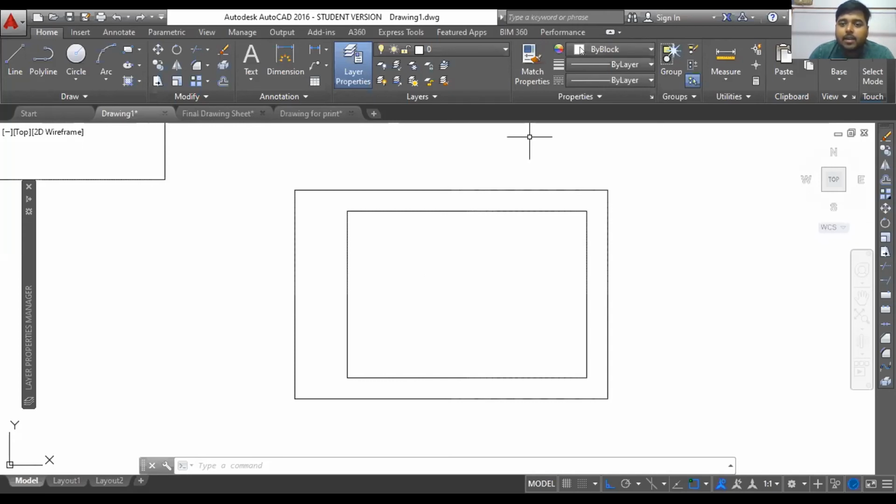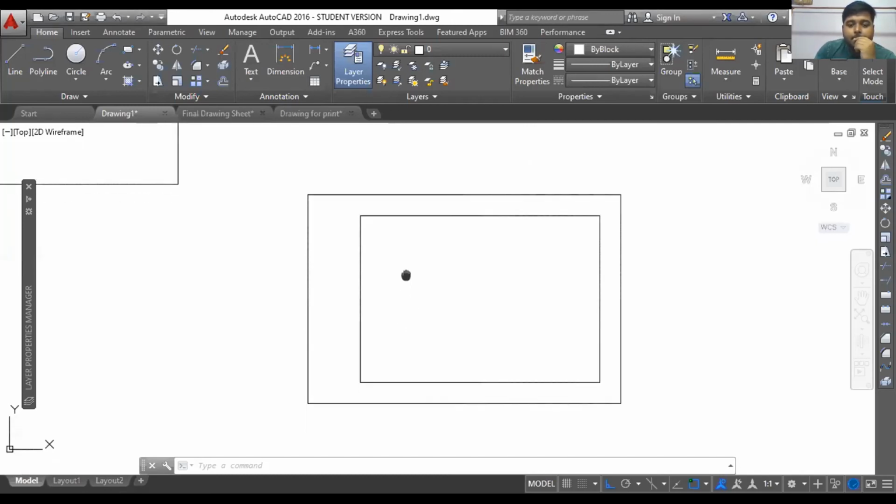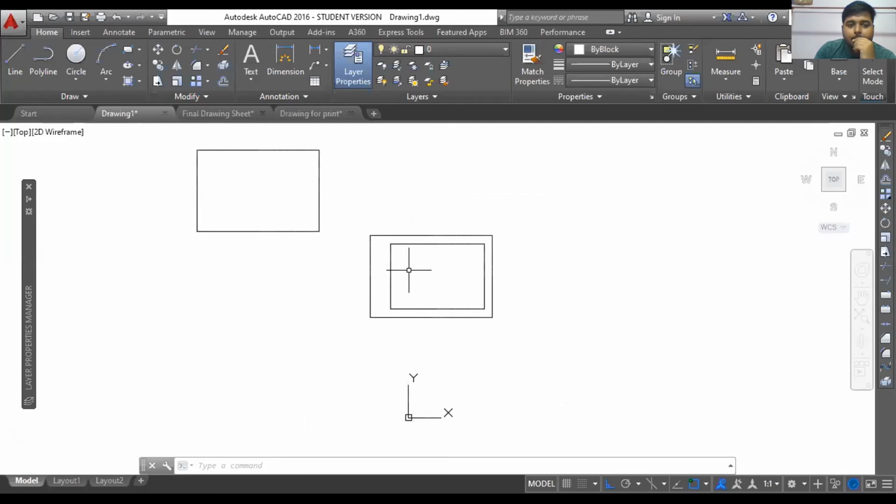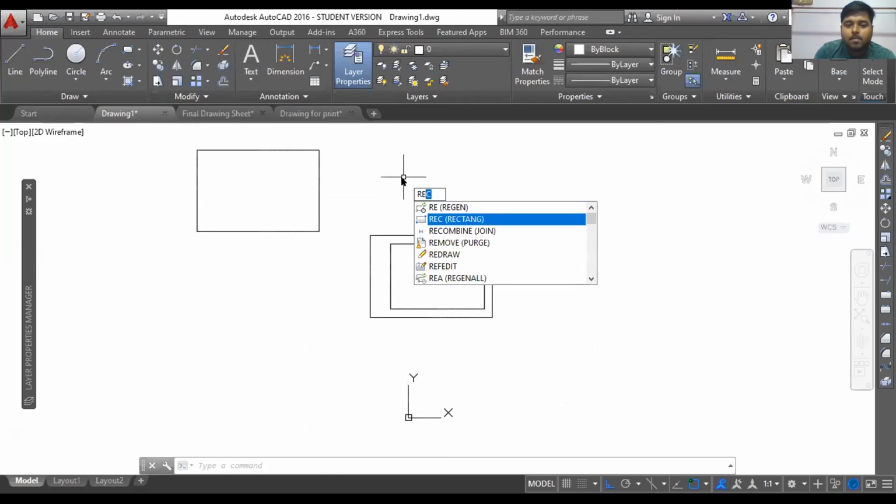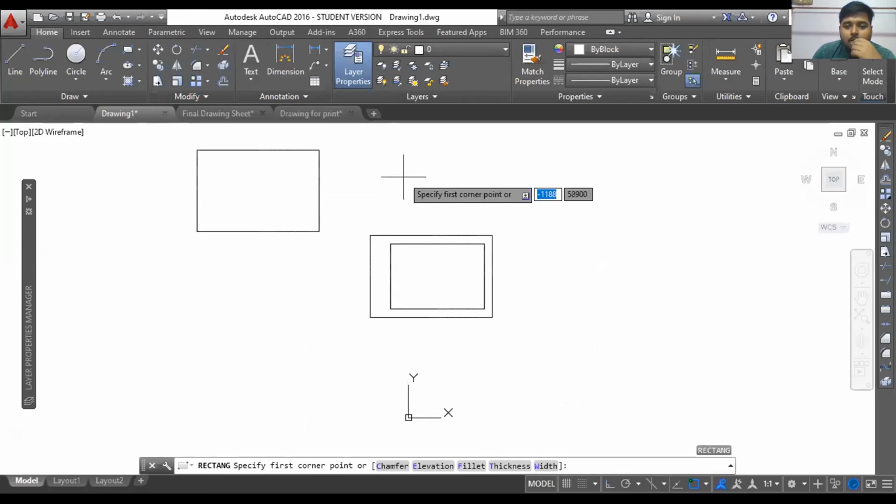Someone was raising a hand. Apu, you want to ask something? Yes, sir. When you give the command rectangle, you get two options for giving the dimensions. How do these two options come? I am not able to see them in my version. Which version are you using? I am using 2018.